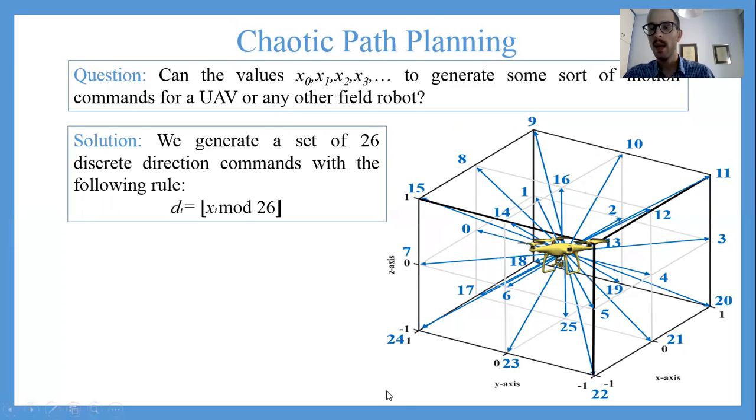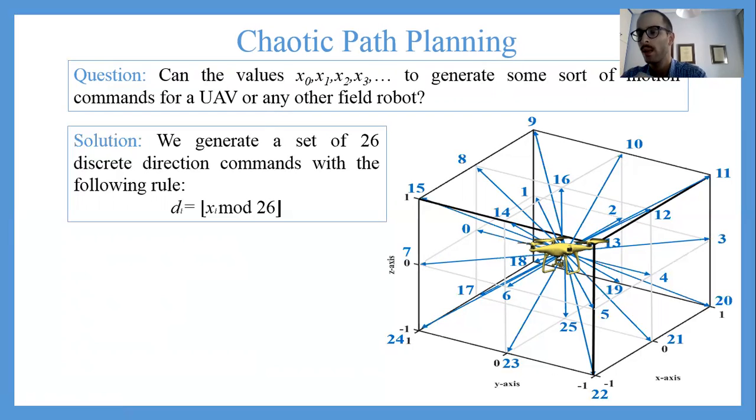Based on these results, I design a simple discrete navigation strategy given here, and I hope you can understand it. It's actually a collection of 25 different direction commands: forward, left, right, backward, back left, left up, up, right, right and up, and back. So we have a collection of simple discrete directions that a robot or a UAV can follow. Okay, this is what I'm going to use to design a strategy for a UAV that